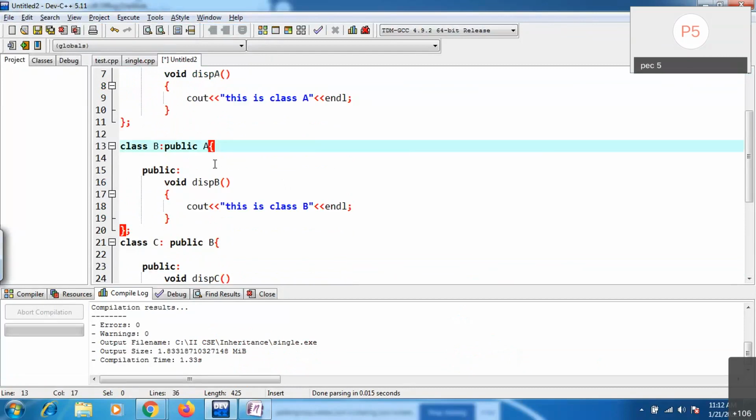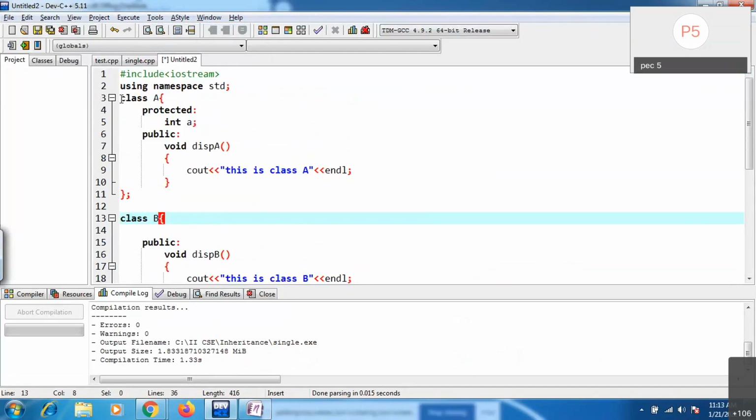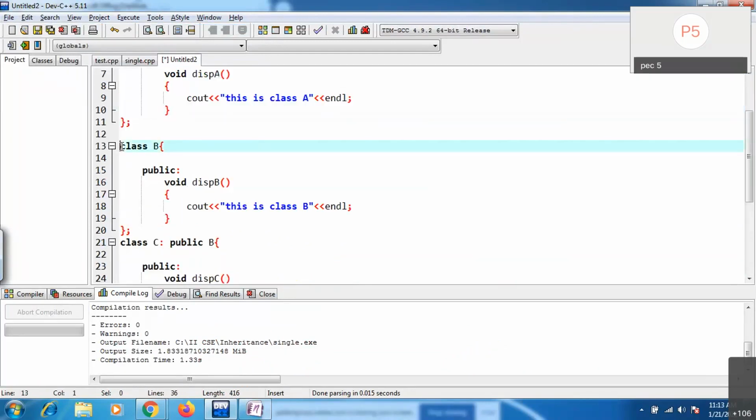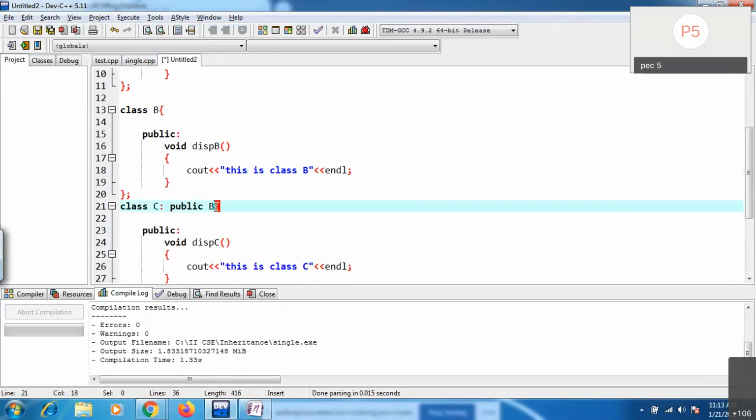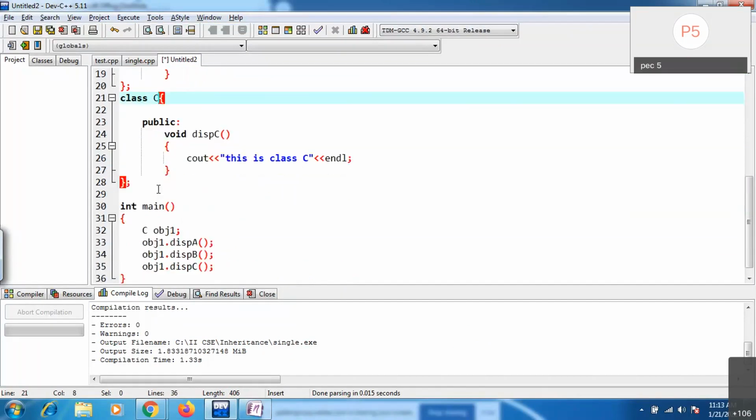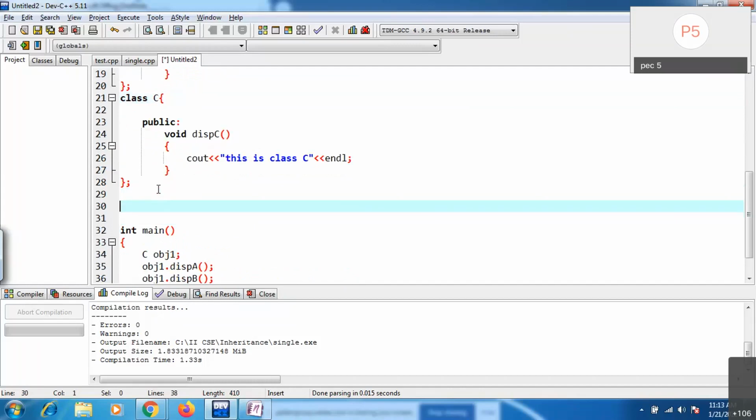Here class A is there, class B is there, and class C is also there. I'm going to derive one class, applying multiple inheritance for this class.